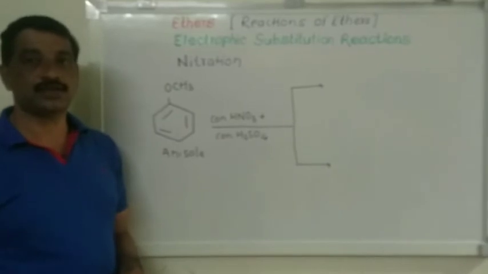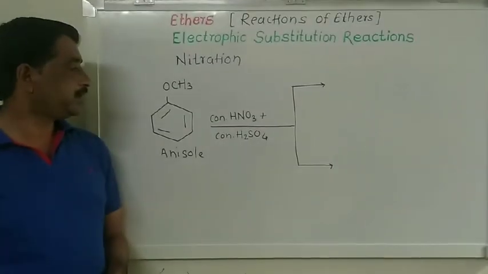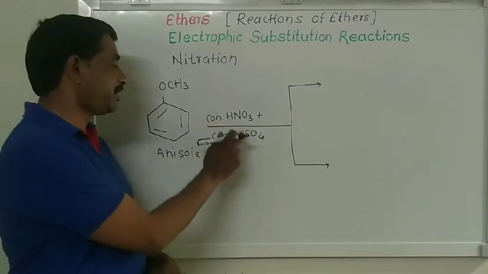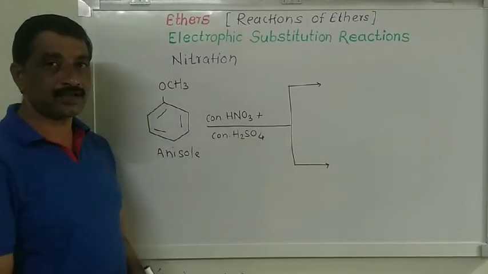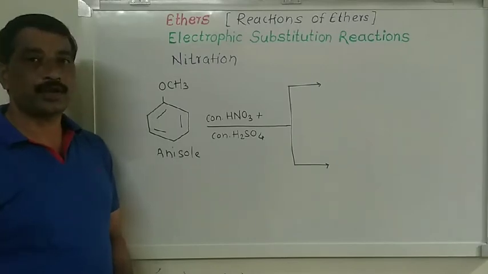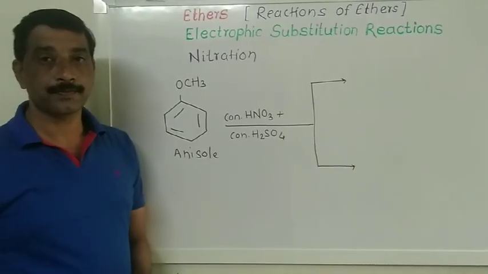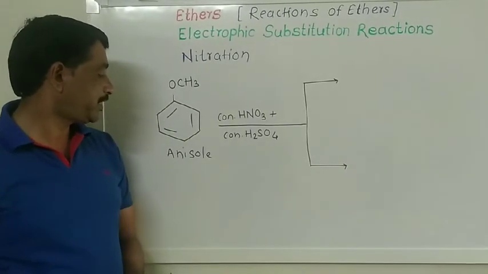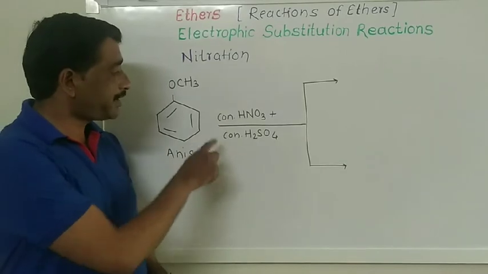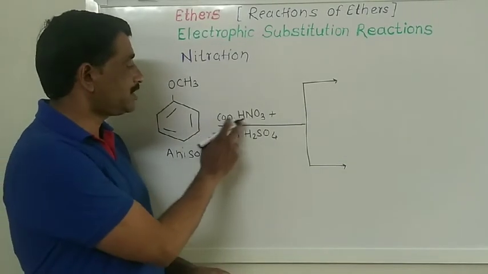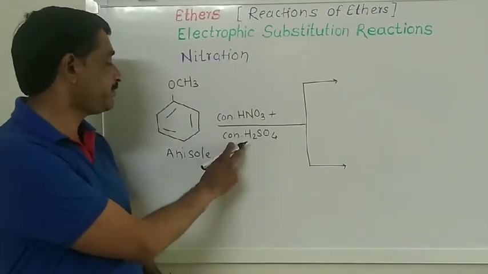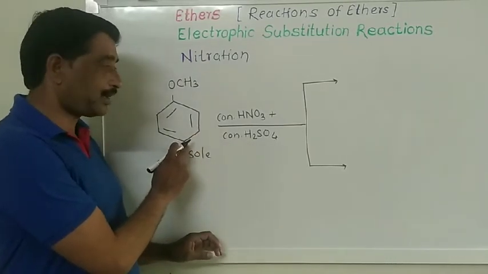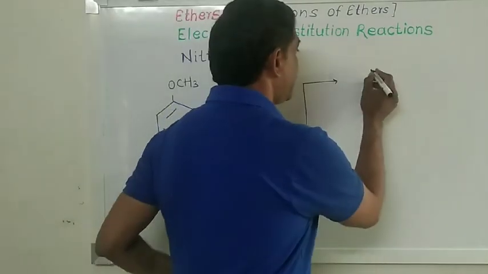Next reaction is nitration of anisole. When anisole is reacted with a nitrating mixture, that is a mixture of nitric acid and concentrated sulfuric acid, then nitration of anisole takes place. It undergoes nitration at the ortho position and para position, and we get the compounds